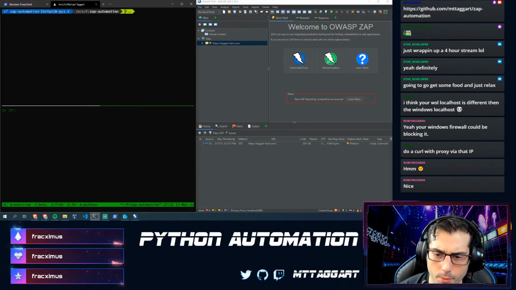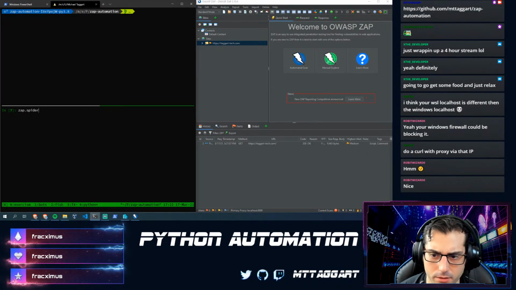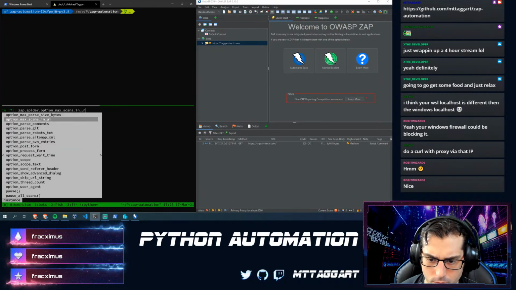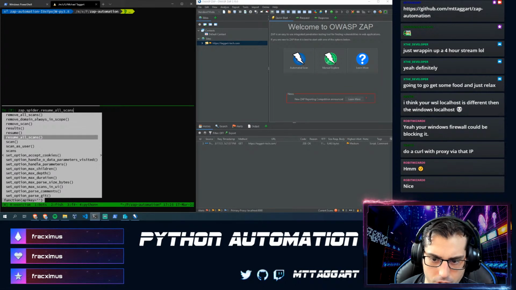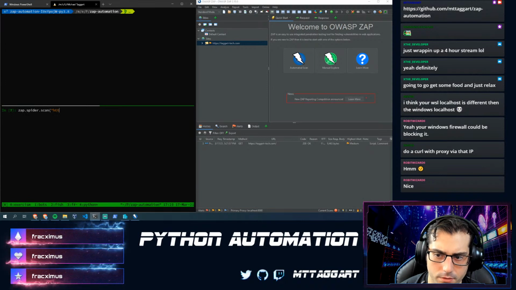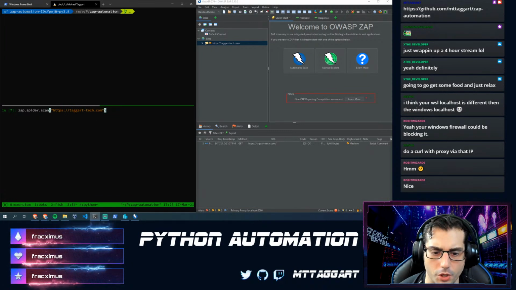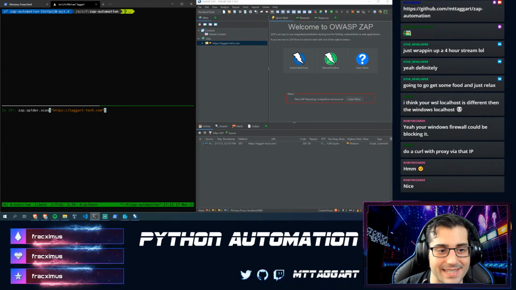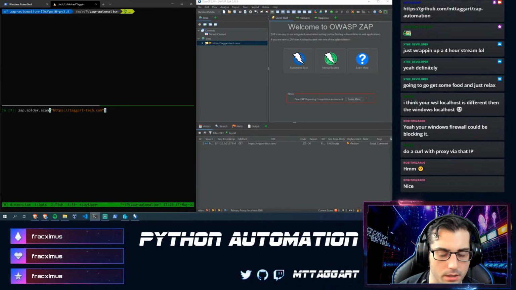So from here, we would do something like zap.spider, and then there's just a scan. Now this should return an ID number, which we can use to reference that scan instance later in our scan.